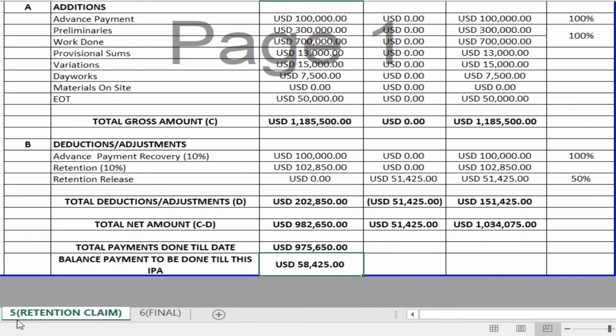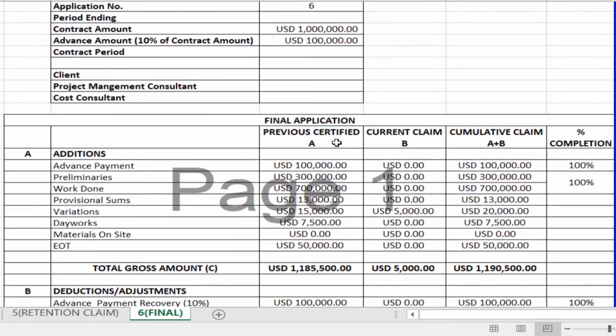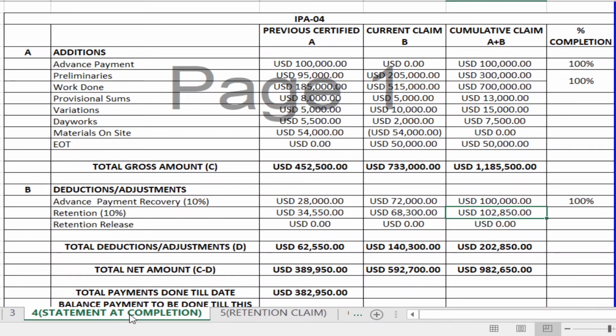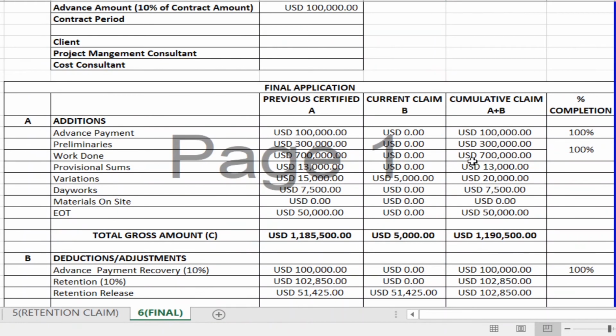Finally, your final payment. For example, if during the statement at completion you miss out something, or if the client does not certify some amounts, you can claim it in your final payment application. So this is your final payment application.